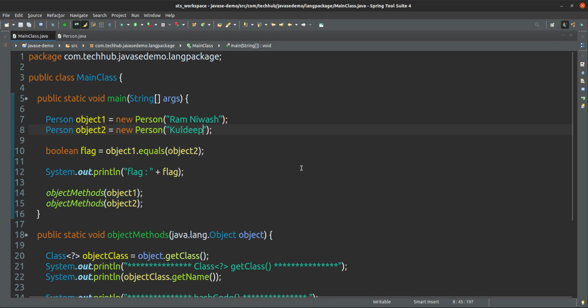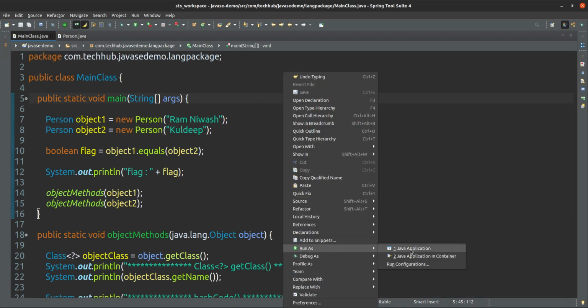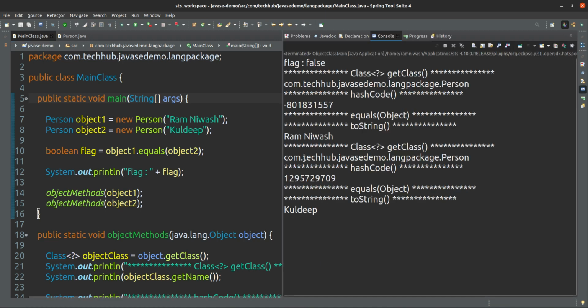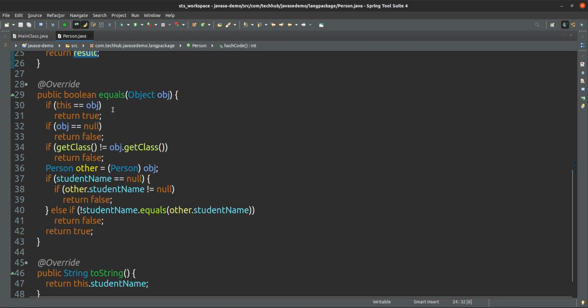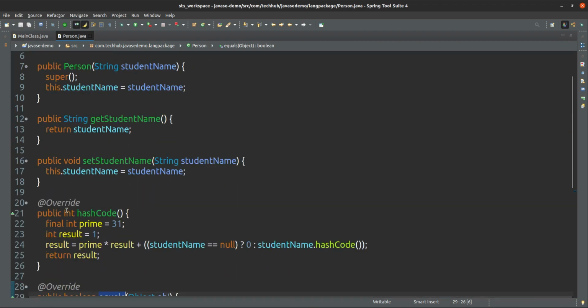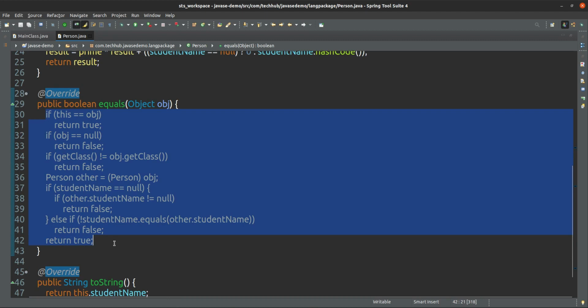See, this is generating in a very sophisticated way. Now the hash code is different. If the values are the same, the hash code is also the same. But with the JVM's default, even if the values are the same, the JVM gives a different hash code number. So if you want to override hashCode or equals, you can take the help of your IDE. You can give your own implementation, that's up to your choice, but it will be risky. You should not do it like that, because there is a chance you will get the same hash code for all objects.